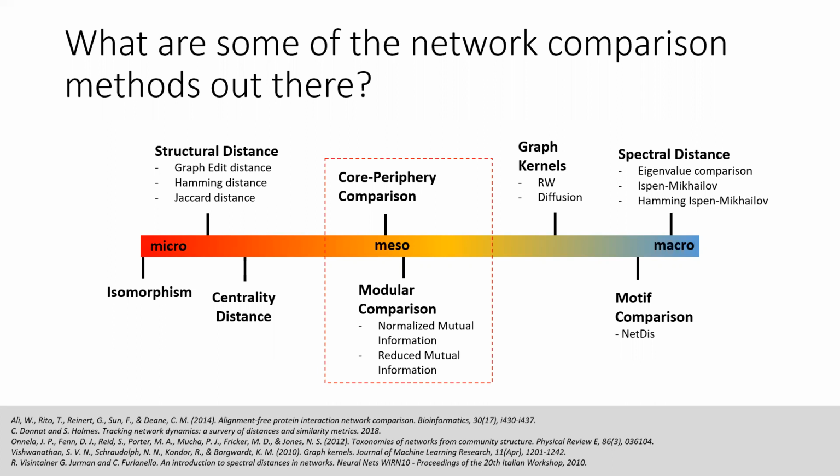Now, the limitation in the spectral distance that I want to point out is that because of these eigenvalues, each node doesn't actually have a label. So the measure is permutation invariant. Okay, but now I want to focus, if we look at the middle of the scale, on modular comparison,